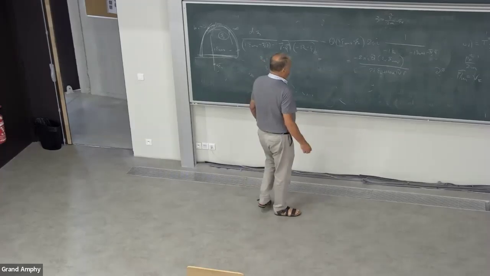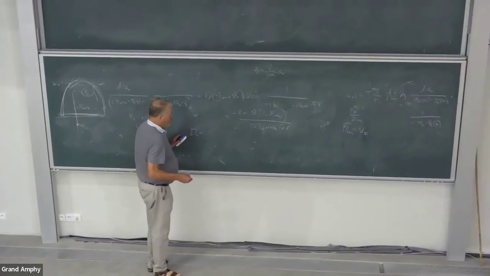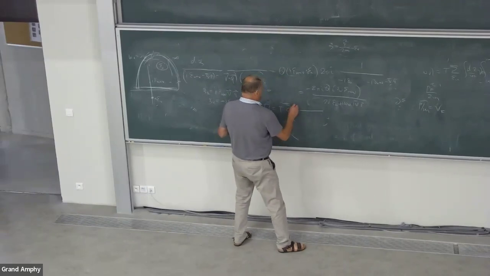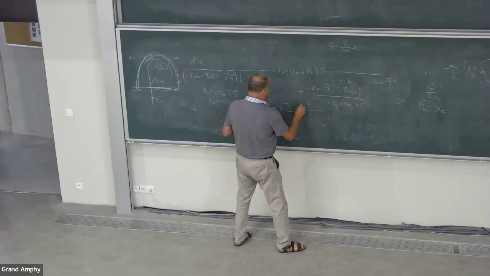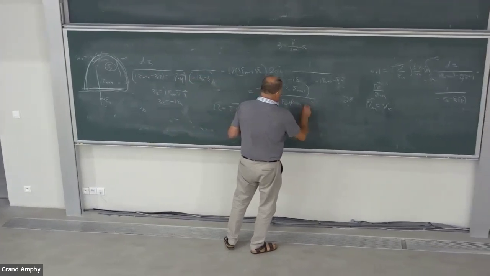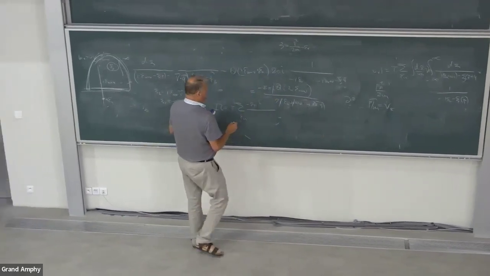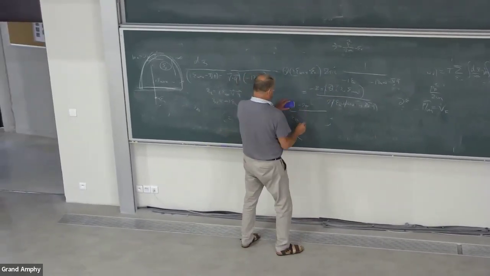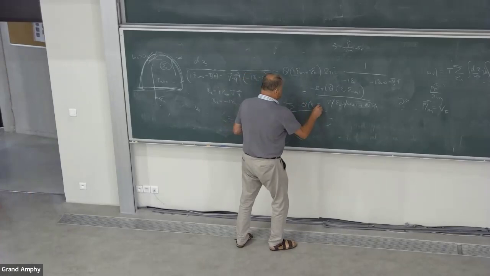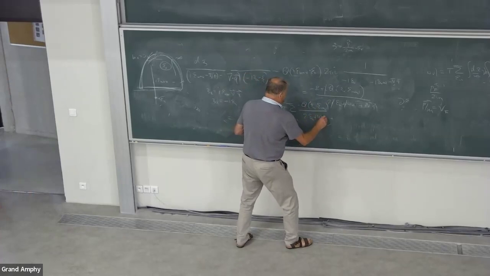Now I need to perform the summation, T sum over epsilon n. The 2 pi i will cancel, and here will appear plus vq. So I will have minus 2 pi,